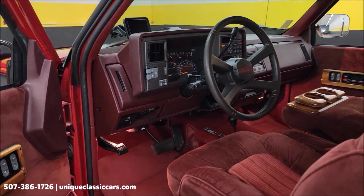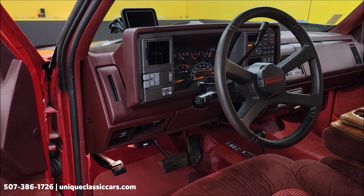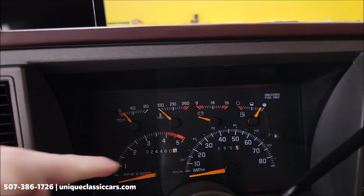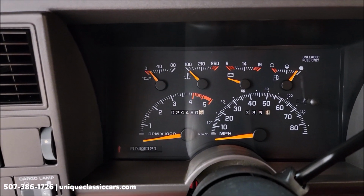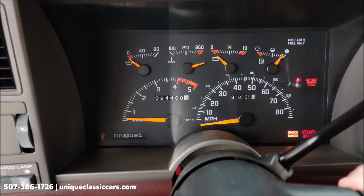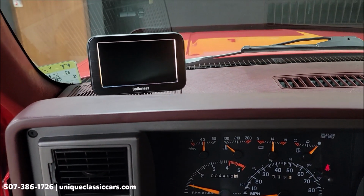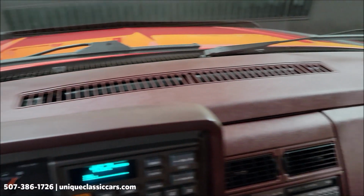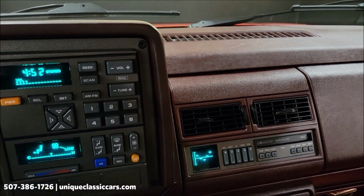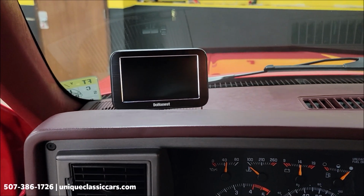Tilt column. This screen right up here is a backup camera. I'm going to show you how that works in just a second. All right, there's your exact miles, 24,460. Let's fire it up. Again, 5.7 liter, 350. Top of the dash, tell this thing was stored indoors, no doubt about that. AM, FM cassette player. And if I go to click this into reverse,